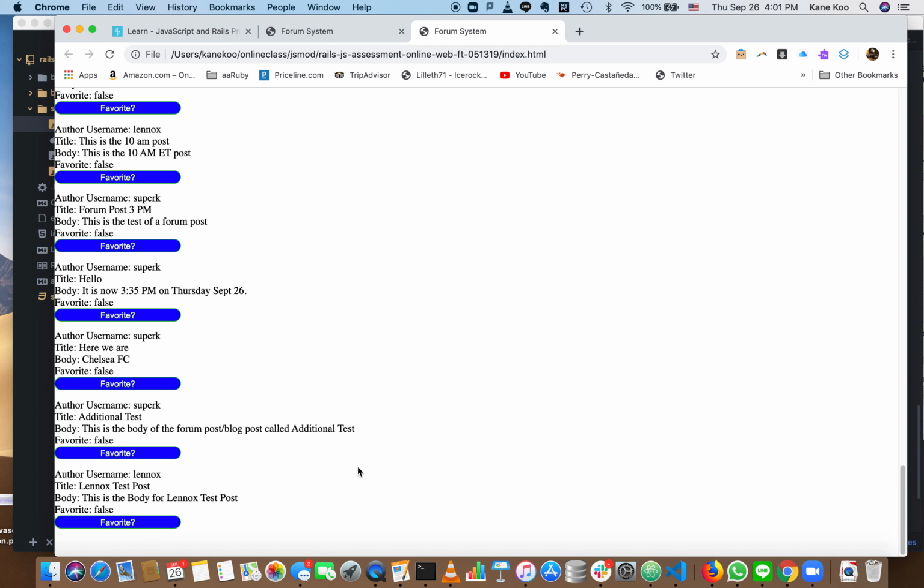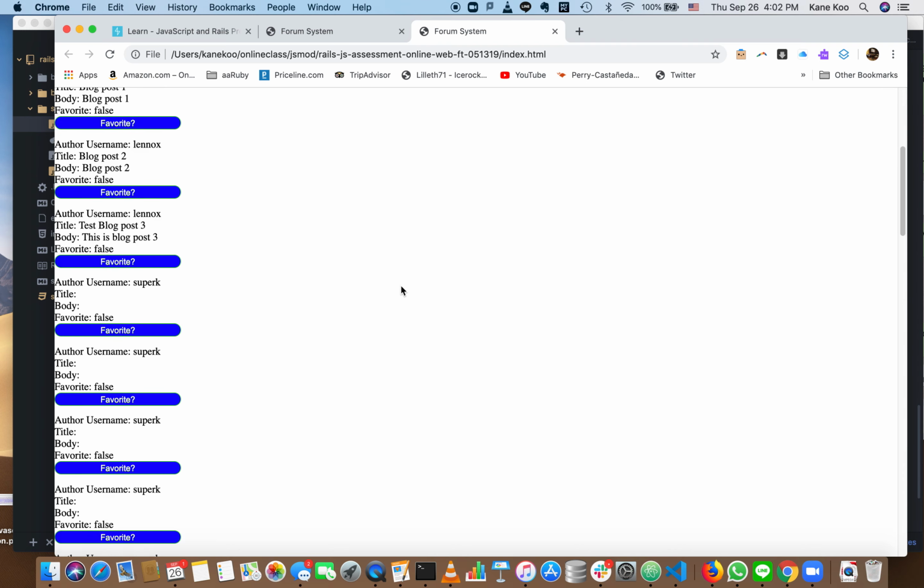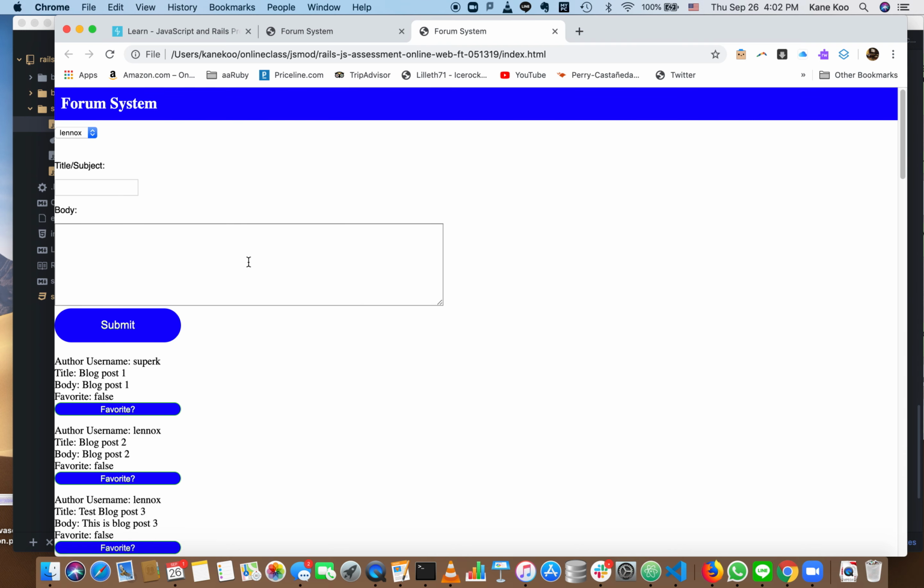Per Corinne's request, she asked me to put in a feature for toggling a favorite. So I added a button that says favorite? And as you can see, you can click it and it'll say whether this is a favorited post or not. We're not persisting that right now to the database, but basically how it works is you go,